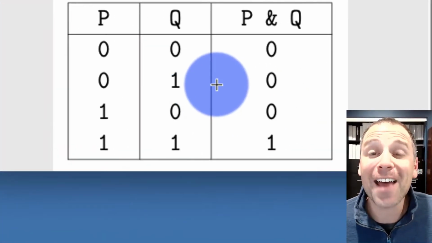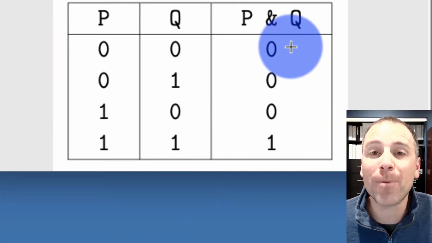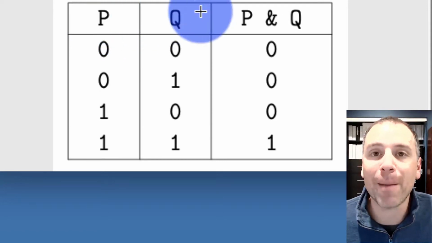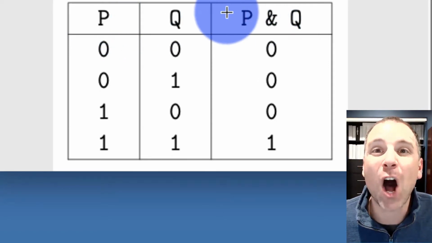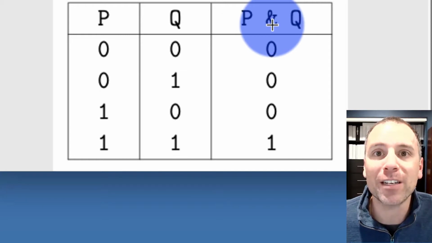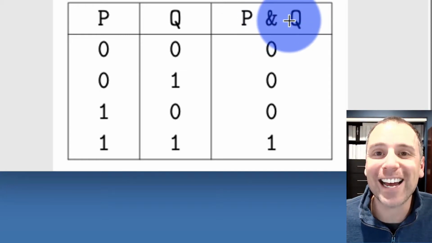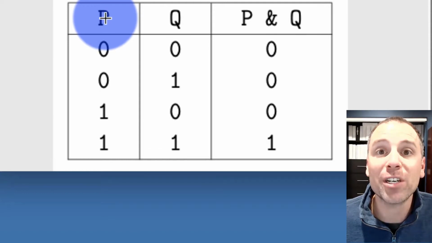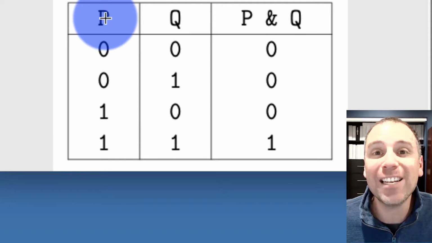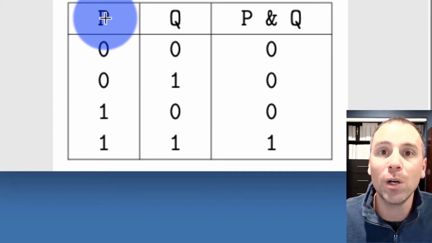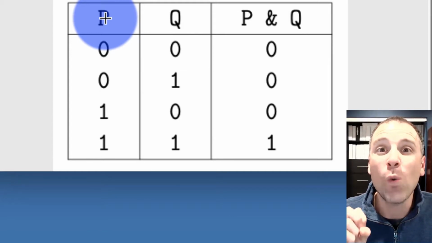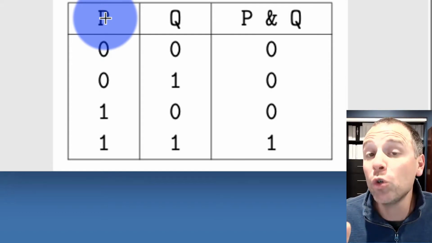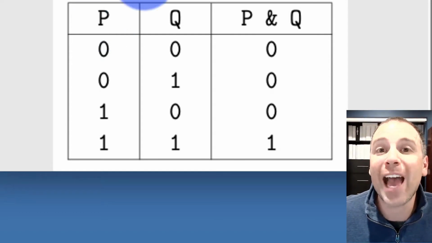We can take a look at a truth table associated with the proposition P and Q. Notice that there are two components of that proposition. We have the component on the left side of the ampersand symbol, and then the component on the right side of the ampersand symbol. Each of those components is a proposition in and of itself. In other words, each component can be either true or false. Well, we have two components of this proposition, each of which has two separate options, meaning that we have four